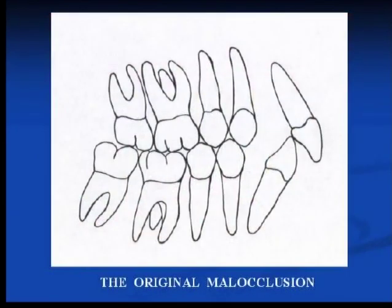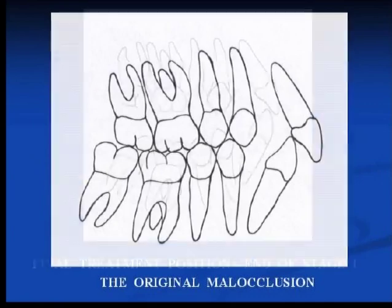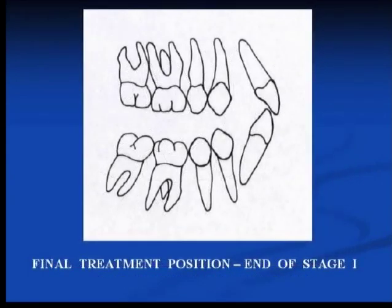This is a drawing of what it usually appears like when the patient presents for treatment initially, in his initial symptomatic habitual occlusion, with one or both discs displaced. The treatment position ends up looking like this. The mandible is advanced. It is in an ideal position with the upper incisors, and there is a left and